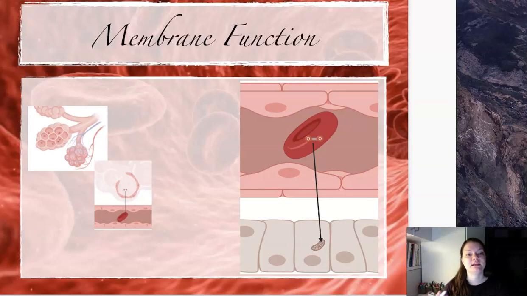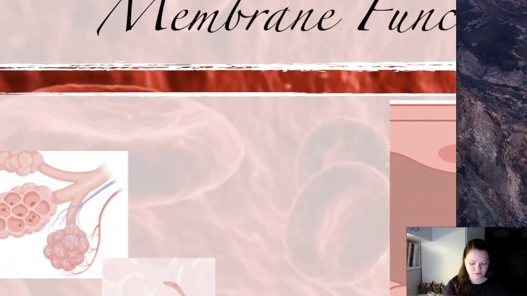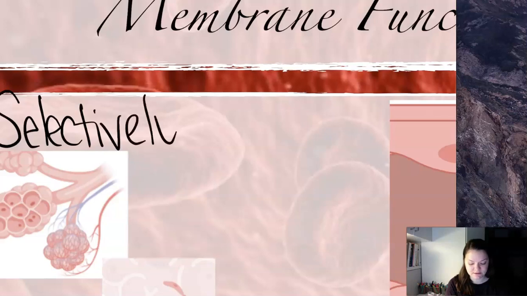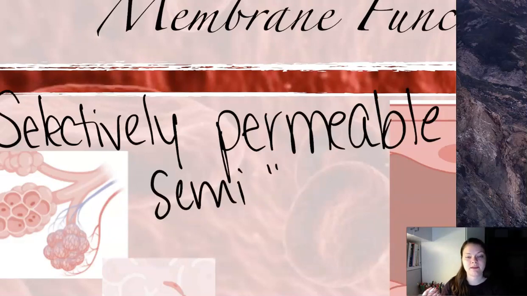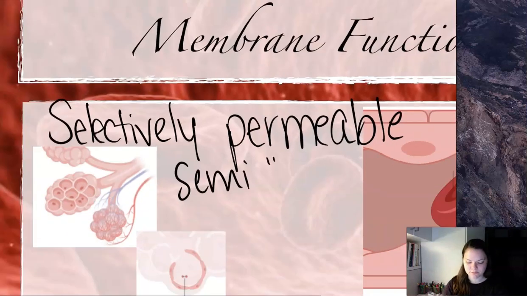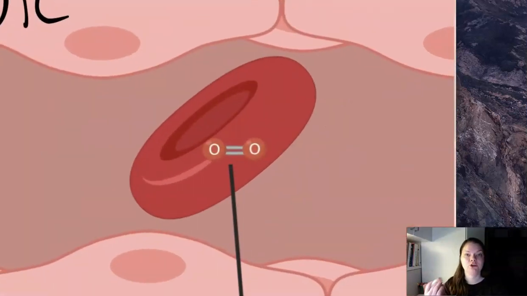And so the membranes are going to be what we call selectively permeable or semi-permeable, right? And what that means is that they're not just letting everything through, but they are going to be letting some things through. Why would this matter? Well, oxygen's a prime example. You bring in oxygen into your lungs, it gets into your red blood cells, and then from there, the